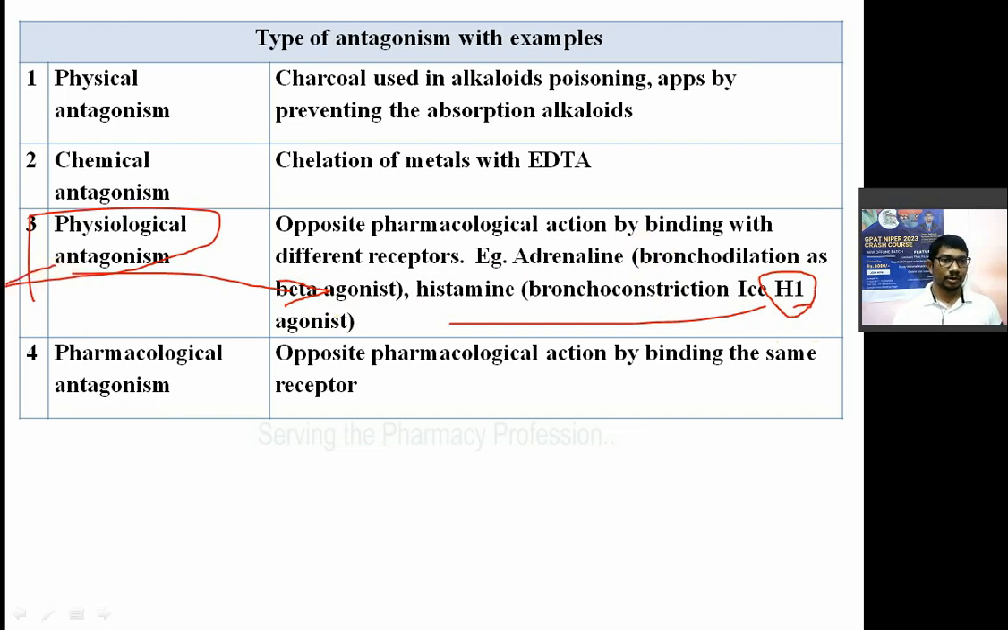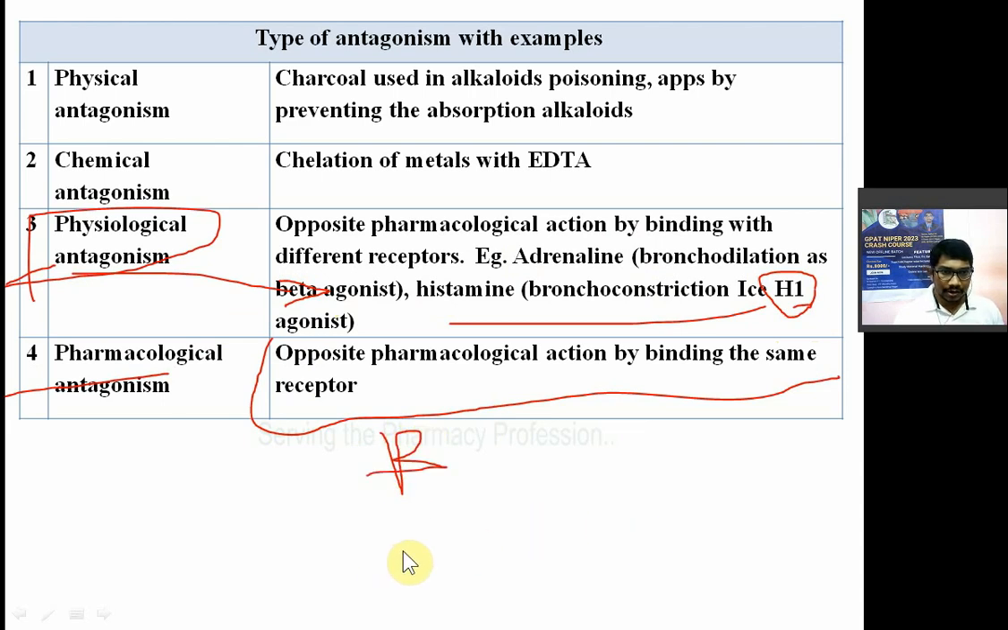Pharmacological antagonism क्या है? Opposite pharmacological action by binding to a same receptor. जैसे होता है beta receptor. Noradrenaline by binding to a beta receptor. Take example of beta 1 receptor. Noradrenaline by binding to a beta 1 receptor will increase the heart rate, force of contraction. Adrenaline, noradrenaline, right? By binding to a beta 1 receptor will increase the force of contraction and heart rate, blood